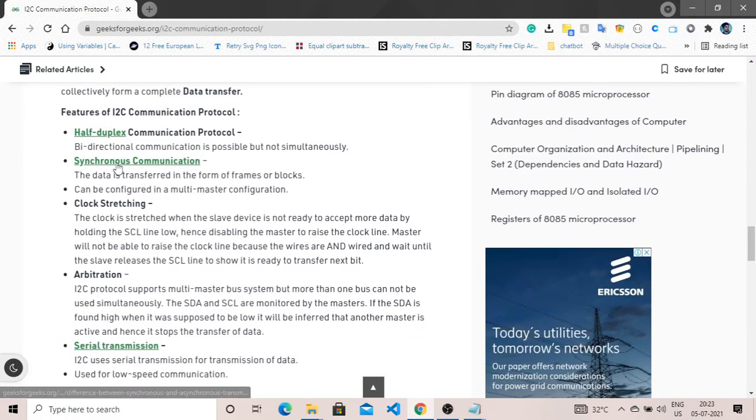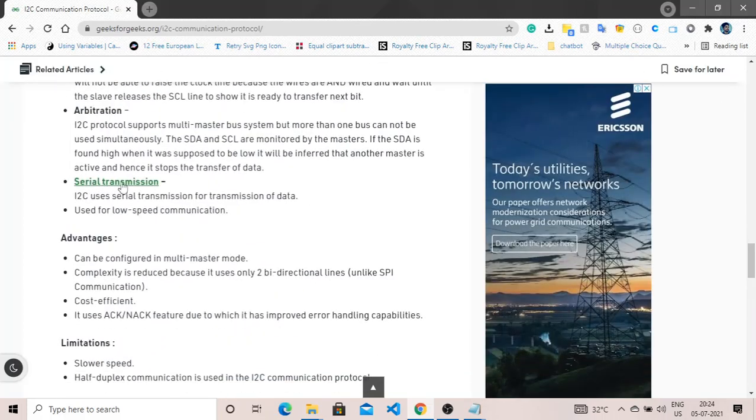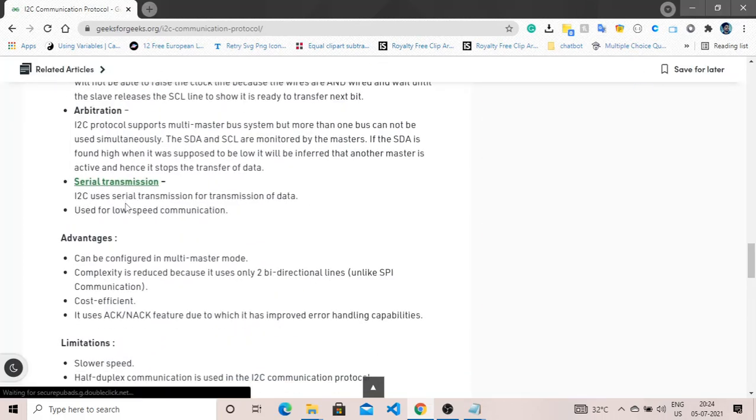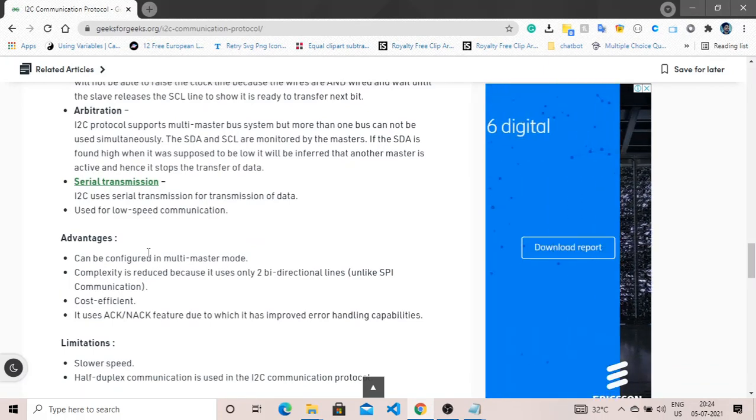The second is synchronous communication, where the data is transferred in the form of frames or blocks. It is obvious that you will get the data in the frames bit by bit or in bytes, depending upon our communication protocol. There are many more things, like serial transmission. It uses serial transmission for transmission of data, used for low speed communication.